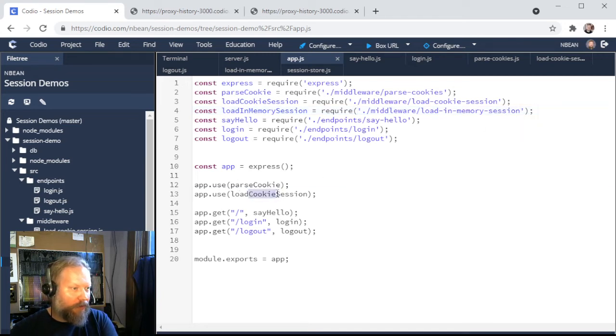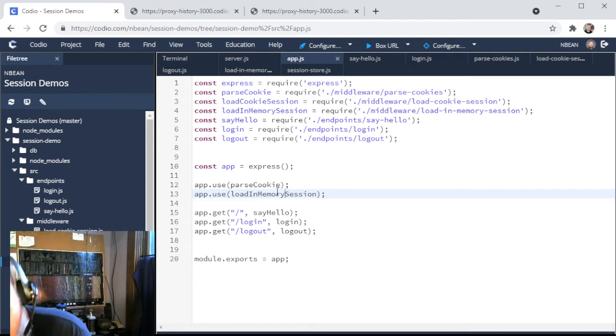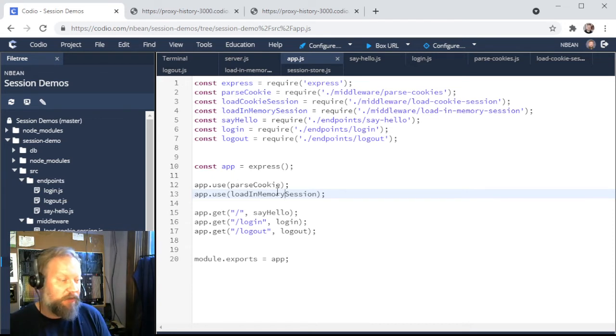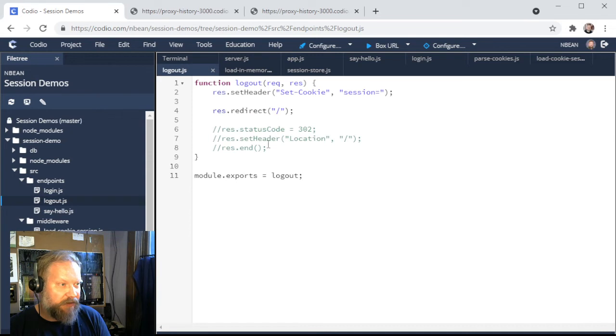I'm going to actually swap which one we're using because we don't want to use both. They're both setting a session variable on the request object, so one would just overwrite the other, and I don't want that confusion. And finally, we want to go back and rewrite our logout so that we are logging out